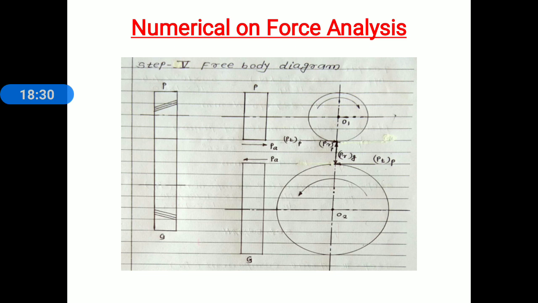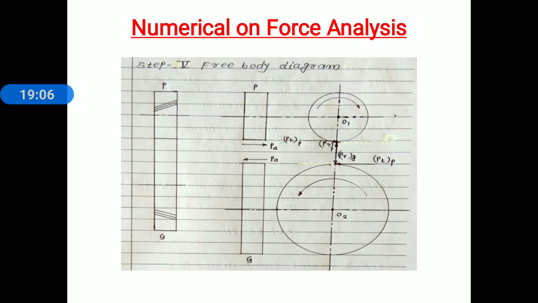Here in problem clearly mentioned pinion is rotating in a clockwise direction, that's why the gear is rotating in the opposite direction, means anti-clockwise direction. Then we show the tangential, radial and axial component on this drawing. Tangential and radial, how to show the tangential? Tangential component is opposite to the direction of rotation. Here we consider pinion is the driver and pinion rotate in clockwise direction, that's why the tangential component always acts opposite to the direction of rotation in case of a pinion, and in case of a gear, that tangential component is same in the direction of rotation. That is clearly shown in this free body diagram.